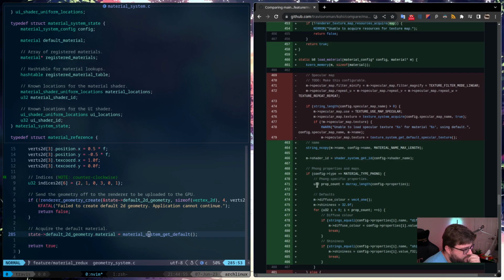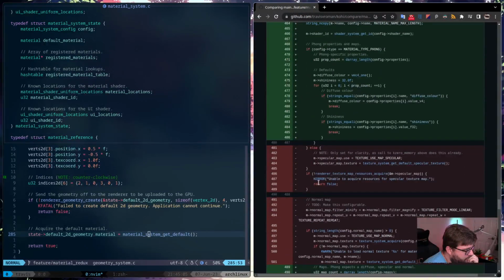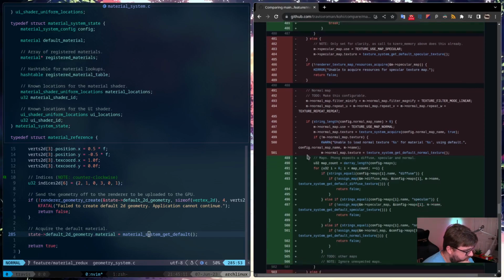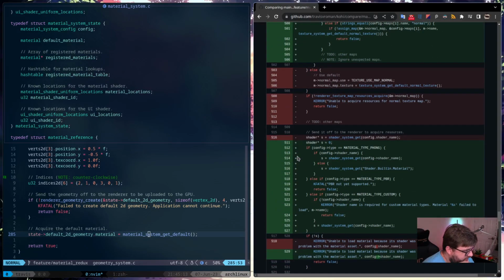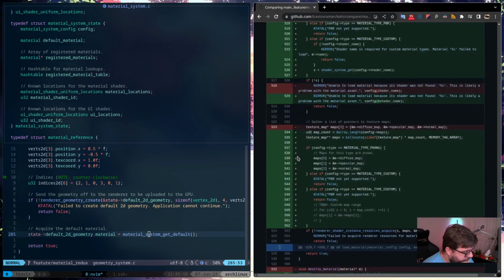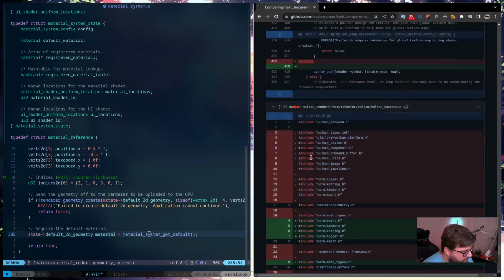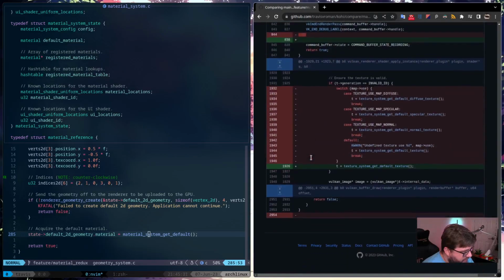So we have this material config. And I wonder what type of material I'm getting for a UI material. But that's not in there yet. That may be the entire issue, because we actually don't have that in here either. I'll bet the loader isn't taking that into account, and that is probably why it is failing.